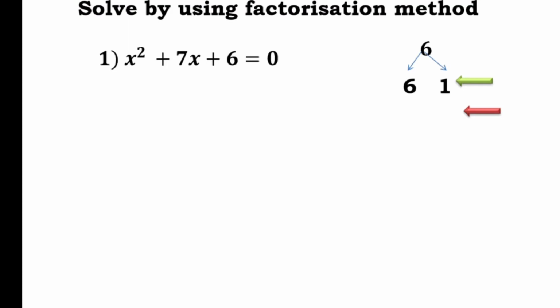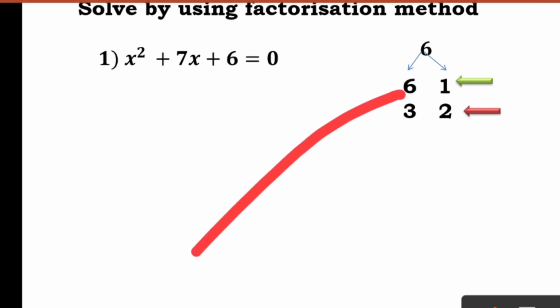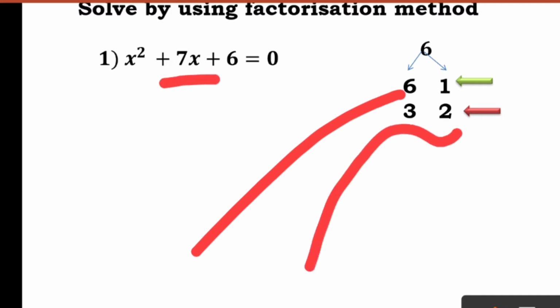Now we need to factorize this 6 such that the addition or subtraction of the factors gives you the middle term. Here the middle term is 7x. One way we can factorize this is 6 times 1 is 6, or it could be 3 times 2 is 6. If you see the first one, 6 into 1 is 6 and 6 plus 1 is 7. That perfectly fits the middle term. For the second one, 3 times 2 is 6, but if you add or subtract, you will get 5 or 1, which will not fit. So this won't be right. This will be right.